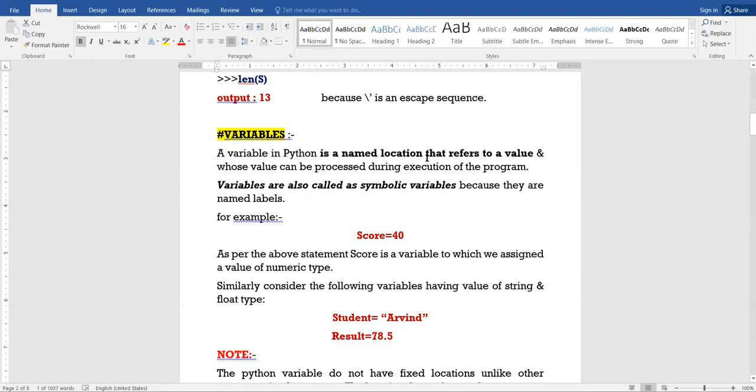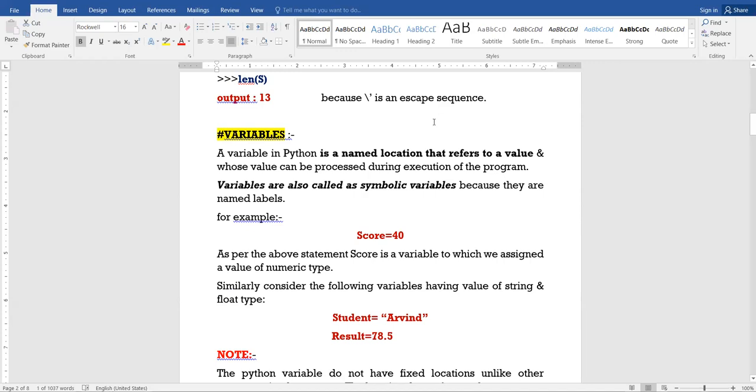So let us come to the next topic, variables. Now, what is actually a variable? Beta, a variable in Python programming is a named location. Location in the memory. Right? A location in memory has a name.